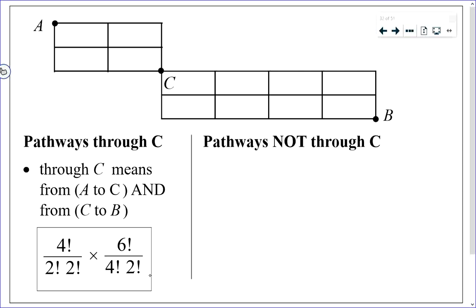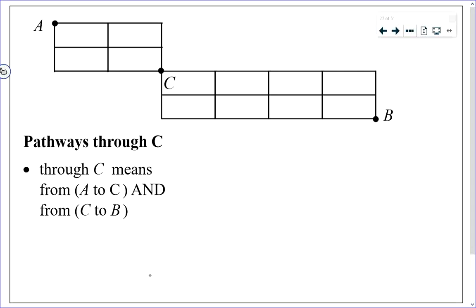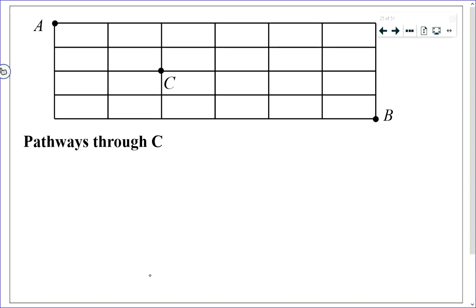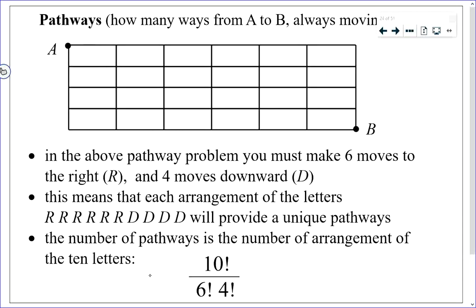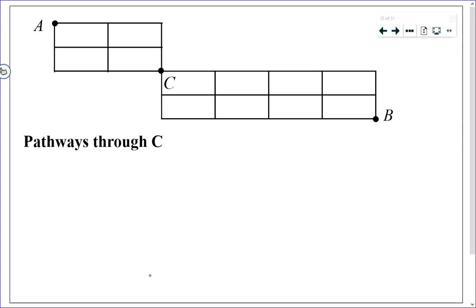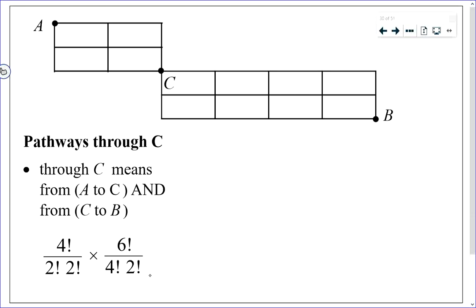This next question is maybe the most difficult one. If you're writing an exam and I give you that original grid, let me show you the original grid again. There's the original grid, and I say you have to go from A to B, but not pass through C. Well, it turns out in order to solve that problem, you need to solve this problem first. You need to find out how many ways to go from A to B with no restrictions. You also need to solve this problem, how many ways to go from A to B that pass through C,